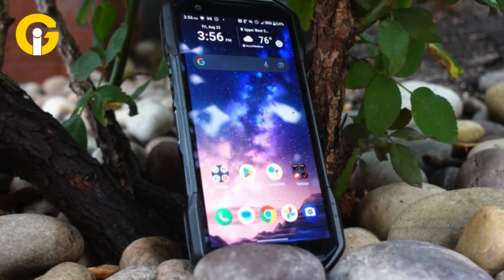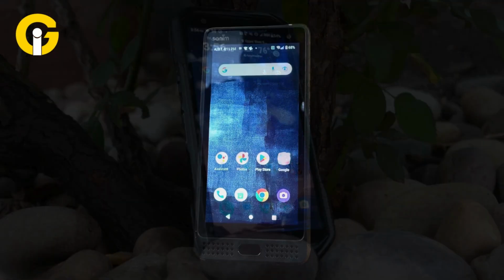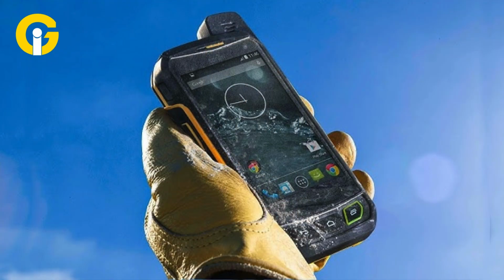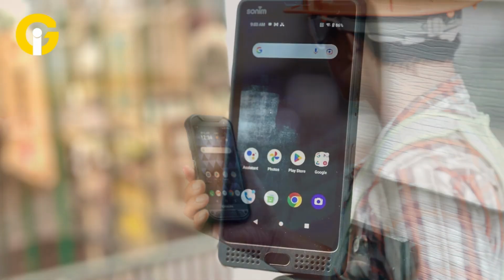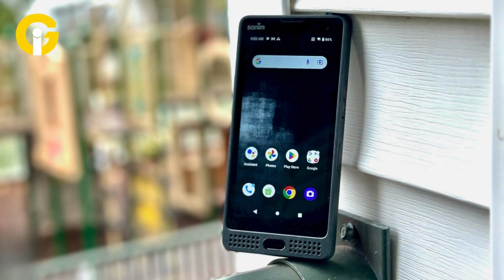The XP10's 5.5-inch 1080p LCD display delivers sharp, vivid images even outdoors thanks to a maximum 500 nit brightness. With Gorilla Glass Victus shielding the screen, you don't have to worry much about scratches either. Wide viewing angles make the display easy to see whether you're wearing gloves or working in direct sunlight. It's not as sleek and crisp as an OLED panel, but for this type of rugged device, the XP10 screen